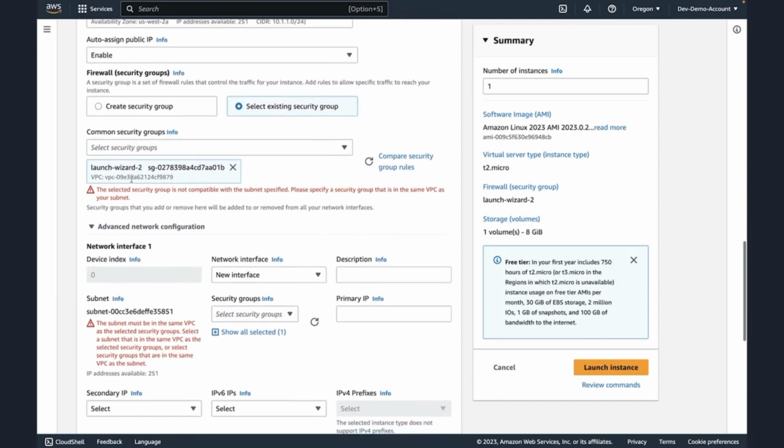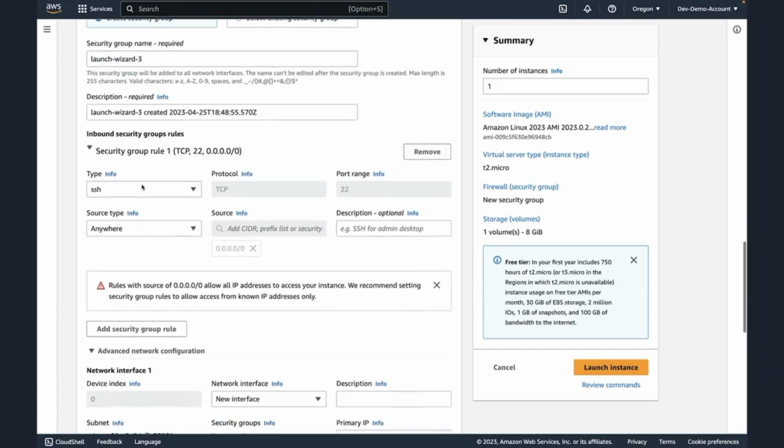Now, scrolling down, you can see that we can select our security group. Currently, we have the security group that was created previously associated with this instance, and it's giving us an error saying that we can't use the security group with this subnet. That's because the security group is tied to the VPC. So we need to create a new security group that will be associated with this new VPC, not the default VPC. So what we want to do here is click Create Security Group,